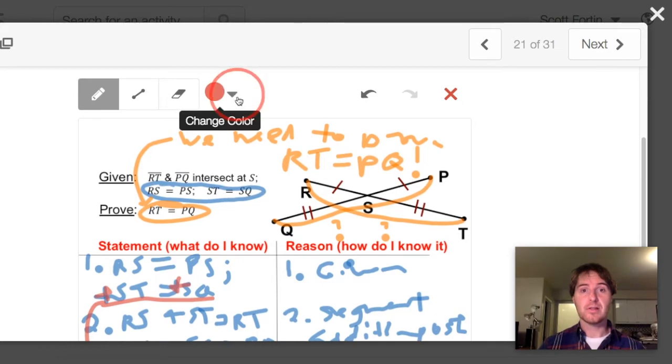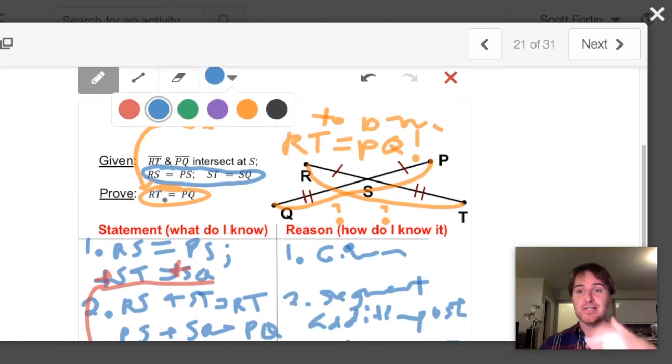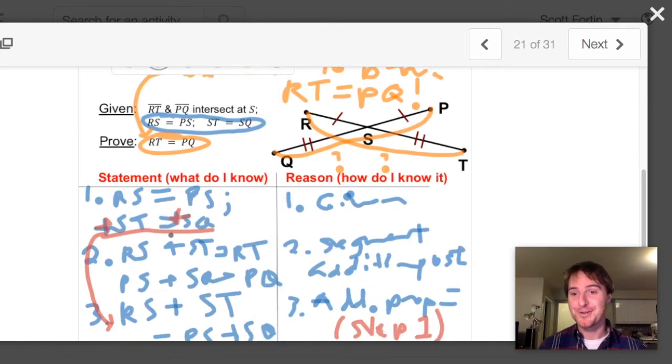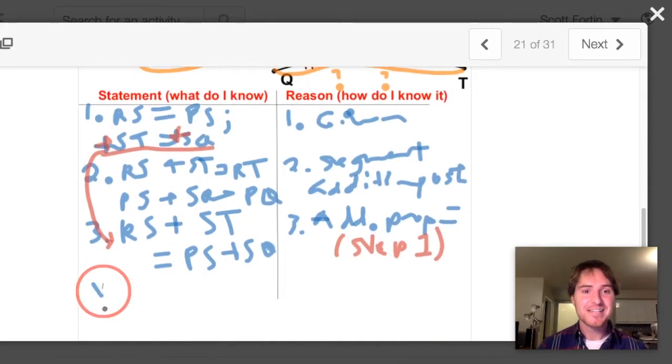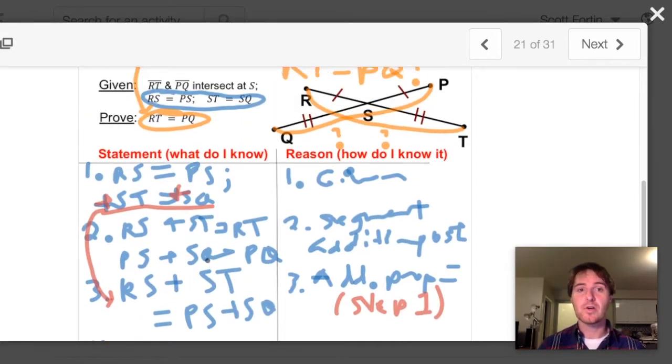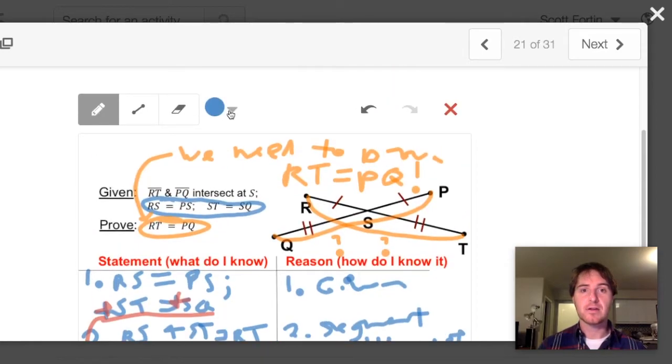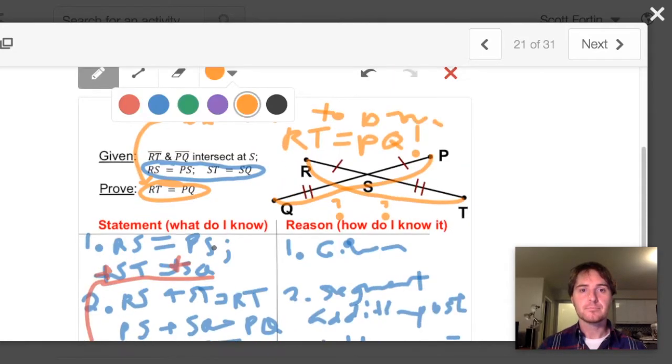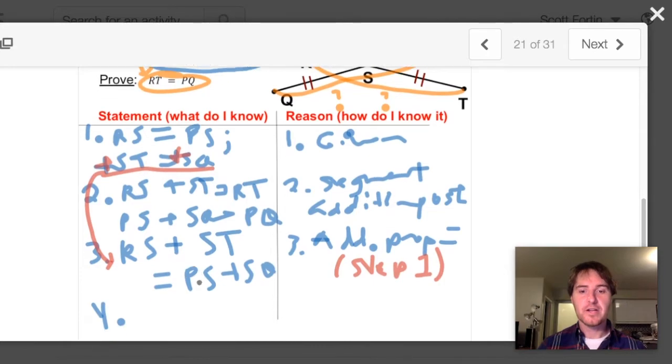The reason why I'm going so slowly on this is because it's the first time, and you just need to see practice, and I'll show you examples that are a lot faster after this, I promise. Step 4. Okay, step 4 is actually how we're going to finish it. So let me switch to that color. All right, it's orange right here. We're going to finish our proof by saying that